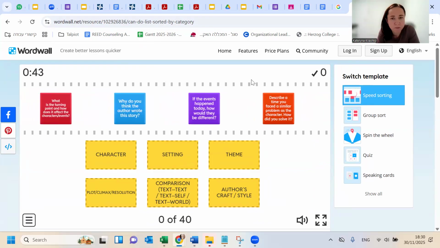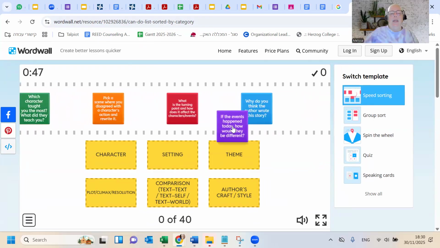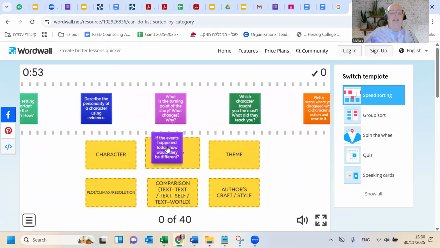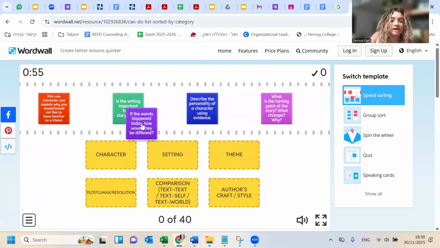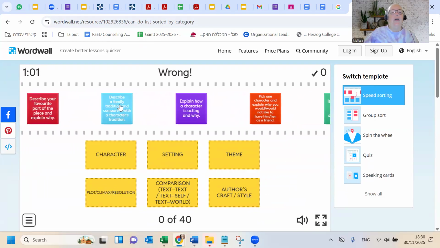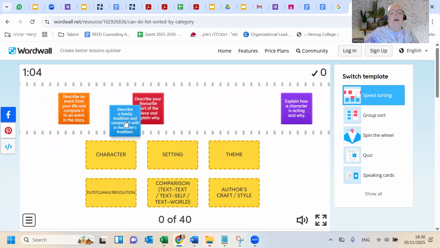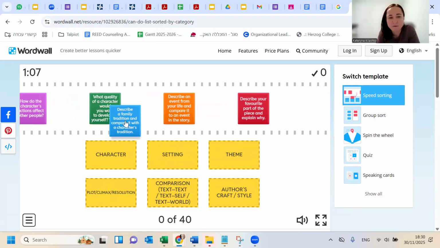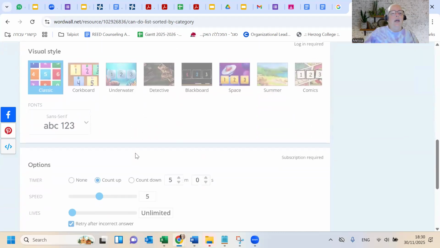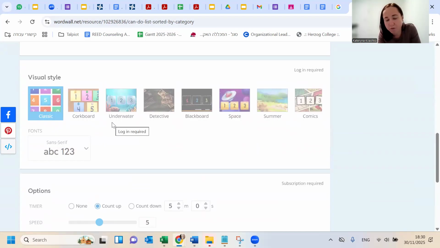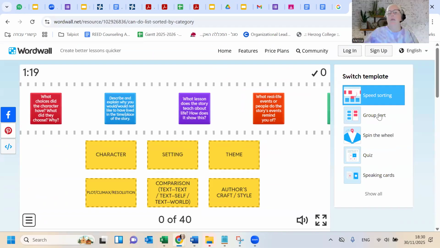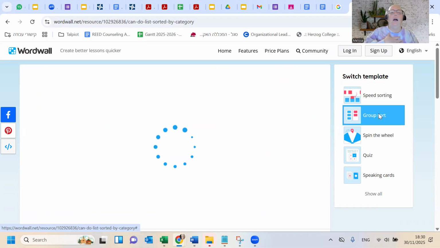I don't know, but you have to log in. If the events happen today, how would they be different? Okay, let's do this together. We'll just grab them. Maybe you could change the plot? You could change the template, Melissa. Okay, let's just do this together. Describe a family tradition and compare it with a character's tradition. Alyssa, try to switch the template. You can switch the template on your right. Just scroll up on the side. Yeah, right here, up here. Oh my God, that was so stressful.